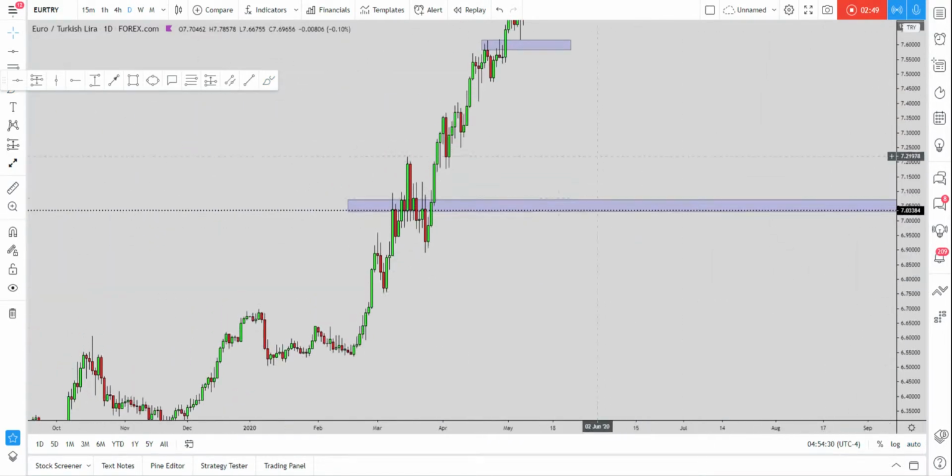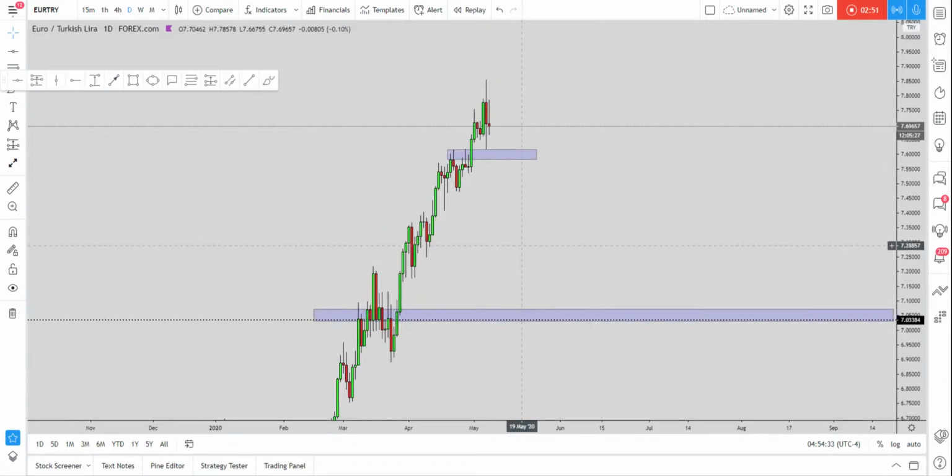So how will we be approaching this with students? We have the pattern, we have the target. The only thing we have to wait for is a clear break of this daily structure. And then on the retest, what we will be doing with students, we will be monitoring price action inside of this area on the 4-hour time frame, because monthly, weekly, and daily are for direction. The 4-hour is for entry. So with students, we will be monitoring price action on the 4-hour time frame inside of this area, waiting for the market to shift from a bullish market to a bearish market